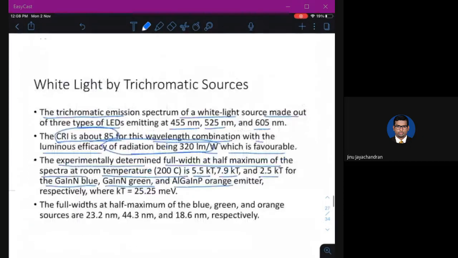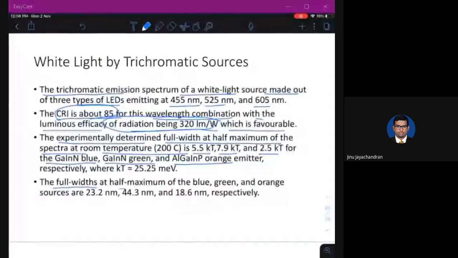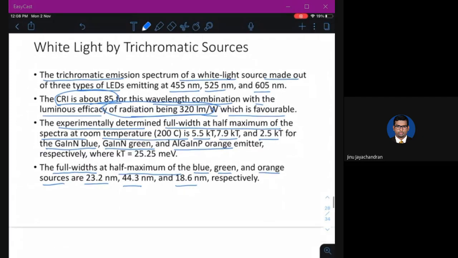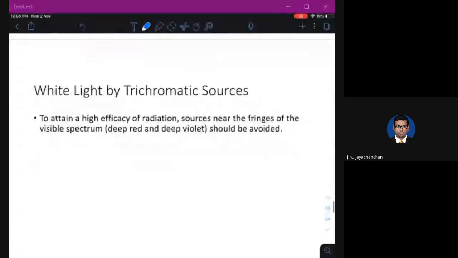The full width at half maximum of blue, green, and orange sources are 23.2 nanometer, 44.3 nanometer, and 18.6 nanometer respectively. So these are the values for the full width half maximum. You should understand the concept of full width half maximum, but there is a catch.